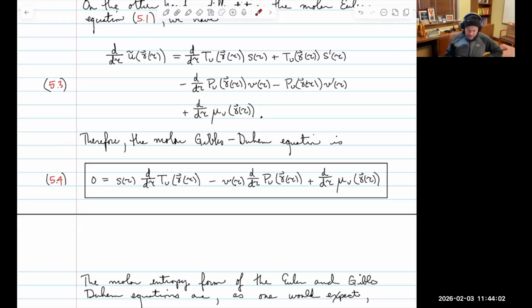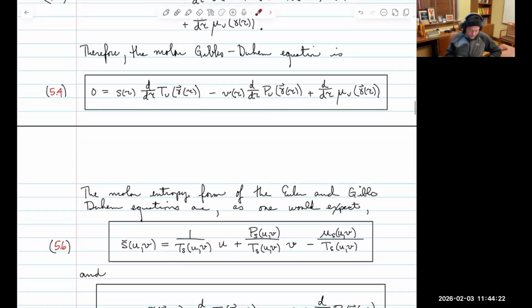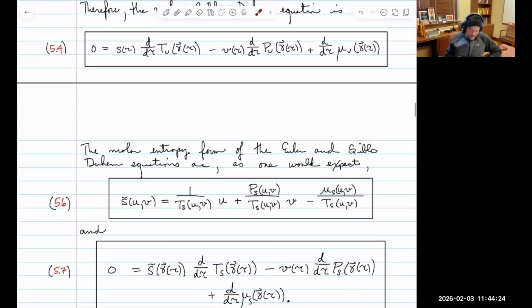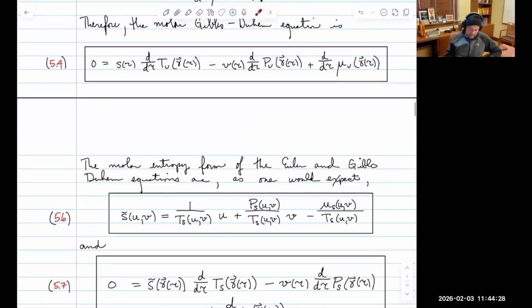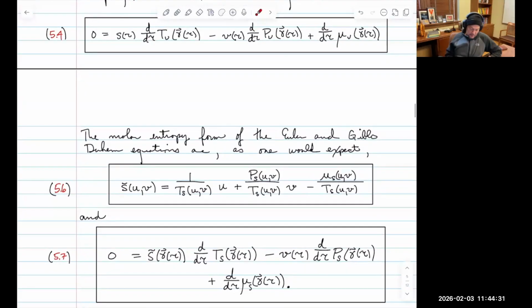Now, today, I'm going to show how an equation like this gets used in order to recover a fundamental relation for a material, knowing two of the state equations, okay? The equations of state. Let's do exactly the same thing, but for the entropy form. So what do I mean? Let's start with